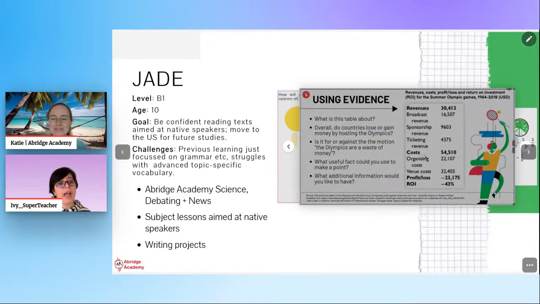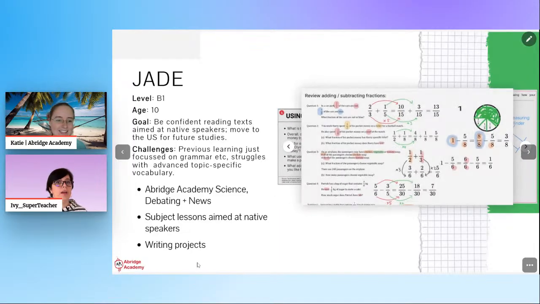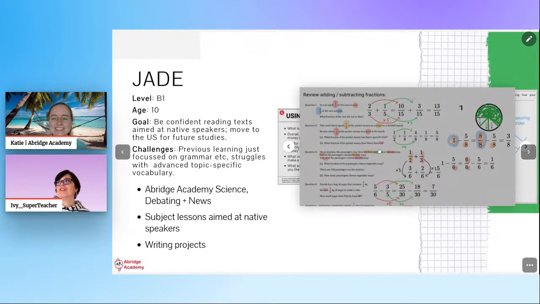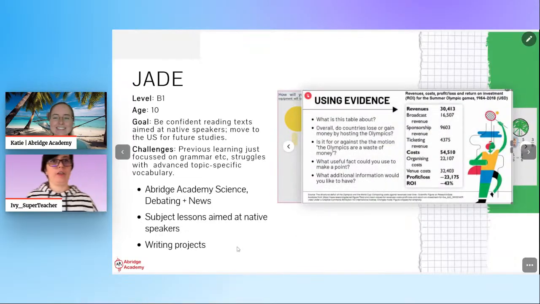Awesome. And just recently you shared some resources she might like, and thanks for the recommendations. These are subject lessons aimed at native speakers, like physics and biology. I try to follow what she's actually learning at her regular school, so she's familiar with the concepts, and then when she tries to express herself in English, she's amazed at what she doesn't know, which she loves. She's super grateful to be able to learn and expand her vocabulary. Awesome. I love that.